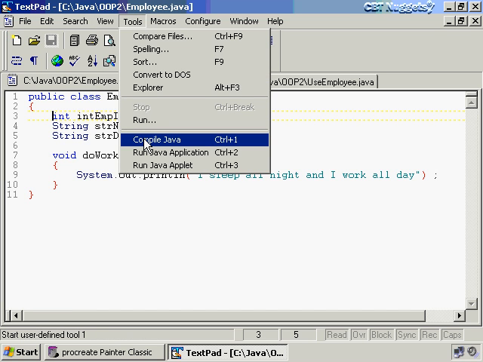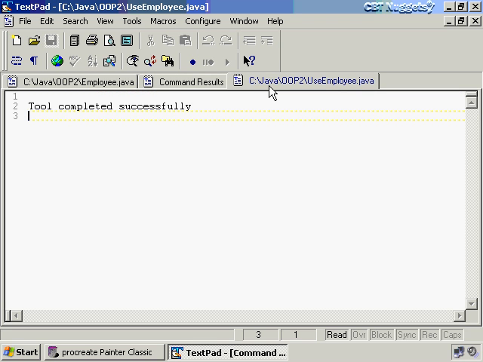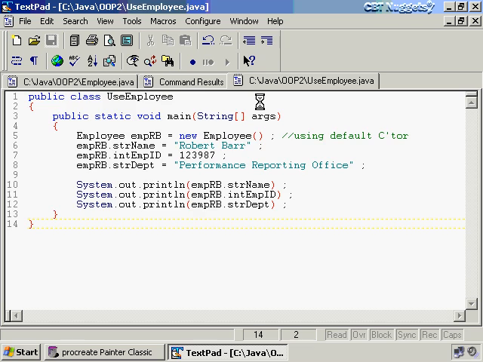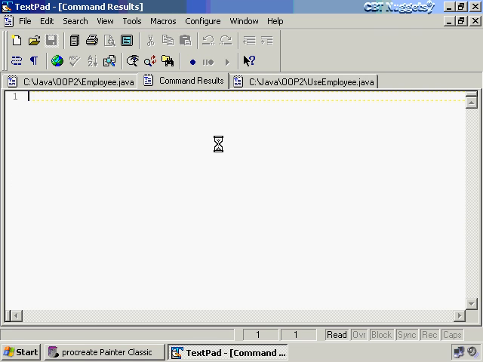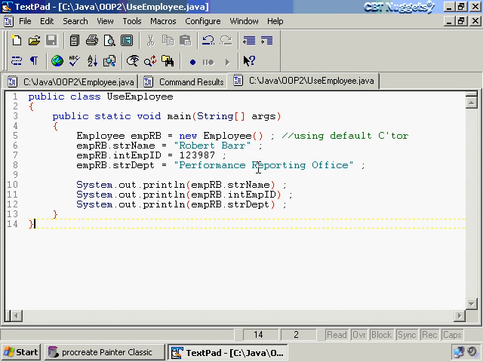So let me recompile this, the main one, because I made that change. And that compiled well. Now let's go ahead and recompile the one that's using those features, and you see we'll compile just fine. And here we go. So now we're good to go. Now we're kind of right back where we started. All right, so that's another little bit of a discussion on access modifiers, but let's return to our focus on